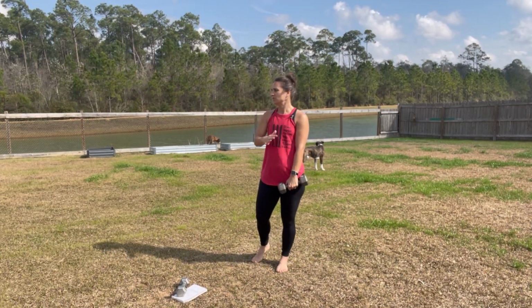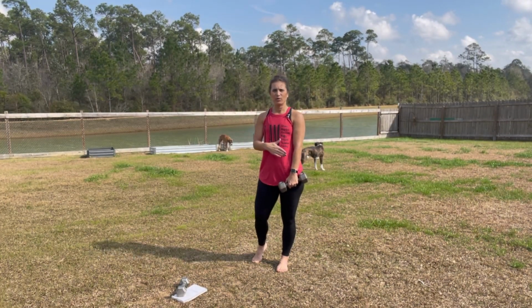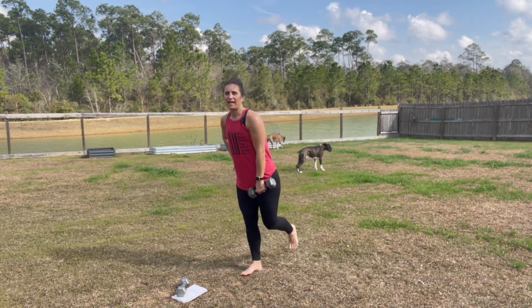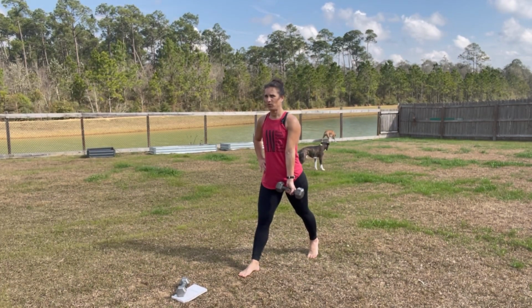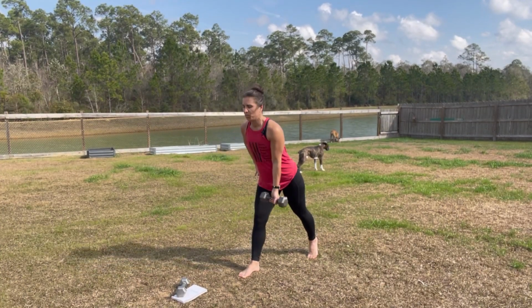Because we're just doing lower body and we get a break on the left side, we're gonna go right into it, okay? So your right leg, kickstand back. We have that position. You can go ahead and rotate that palm away from you if you want. You're gonna hip hinge forward, pushing up,